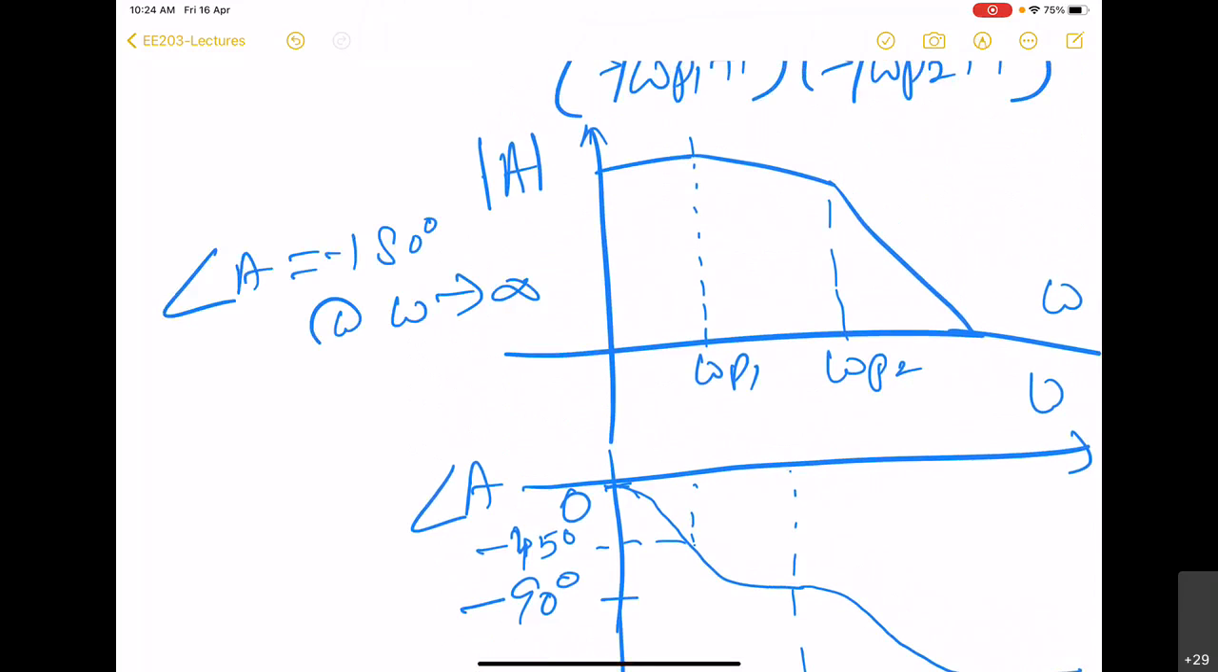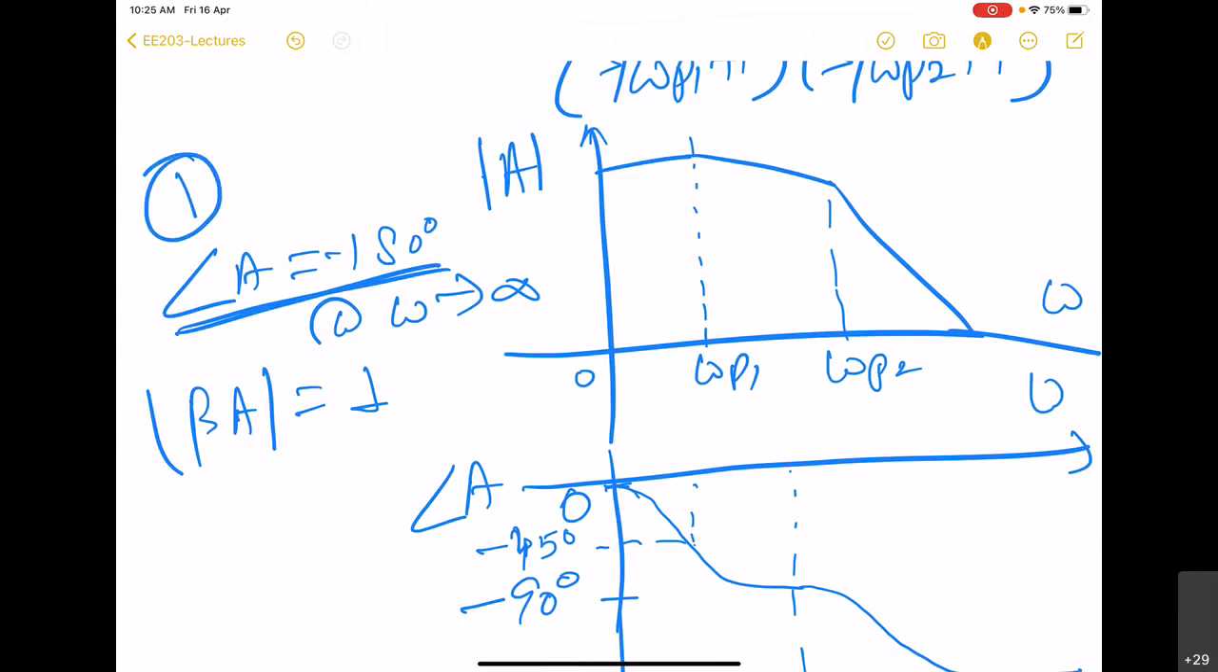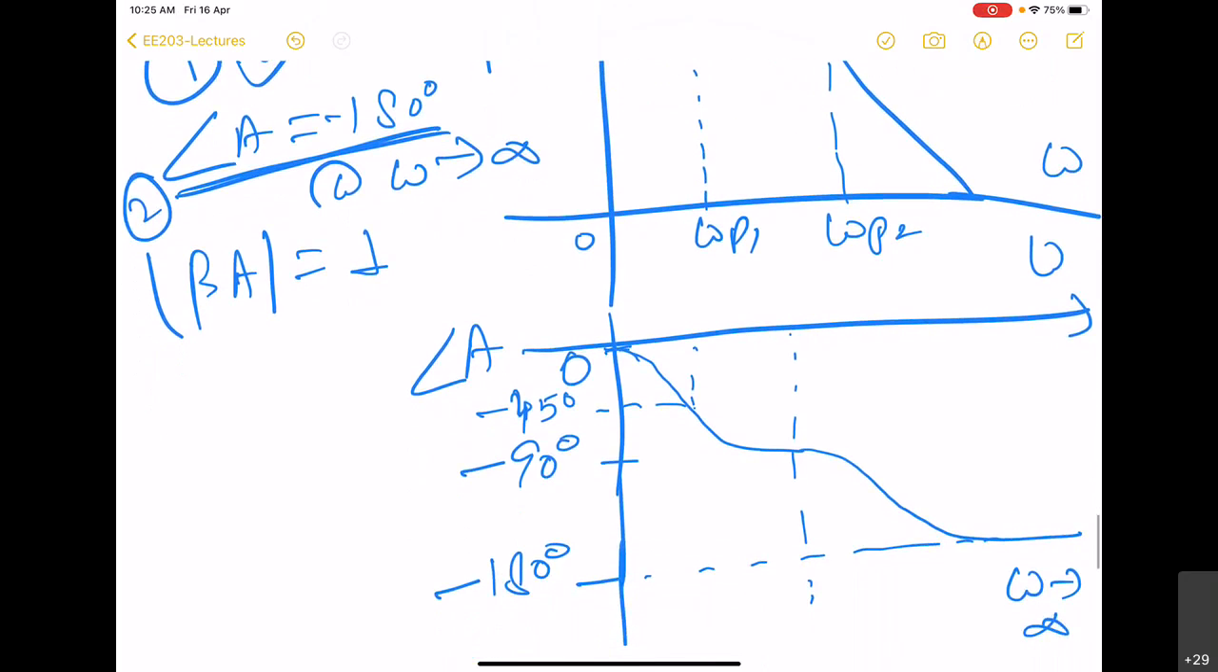So it might appear that it will oscillate at omega equal to infinity, although that frequency definitely is never going to occur in real life. But keep in mind that this is one requirement. The second requirement is that beta A magnitude should be equal to 1. So there are 2 requirements, 1 and 2. Then only oscillation will take place. So even if we are able to theoretically satisfy this first condition, you can see that the second condition will be hard to